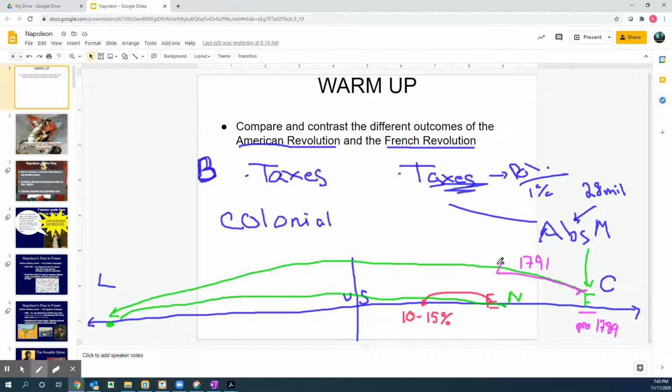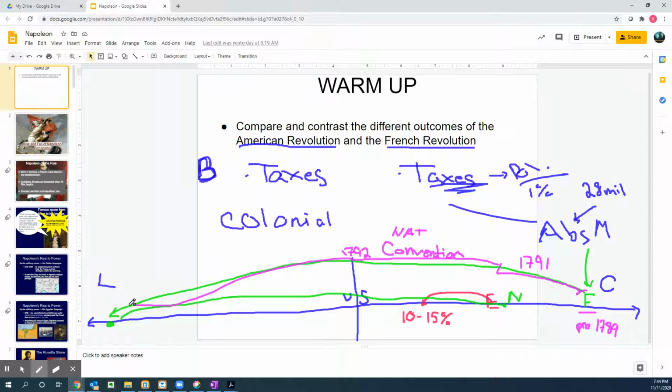Then what happens from 1791 until about late 1792-93, as they're waging revolutionary wars on the western and northern borders of France. They become the National Convention. So I'll do NAT convention. And they start putting in policies to increase membership in their government. Political parties develop, all of that cool jazz.